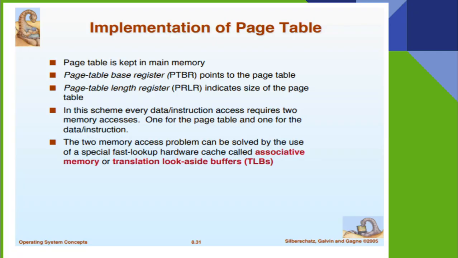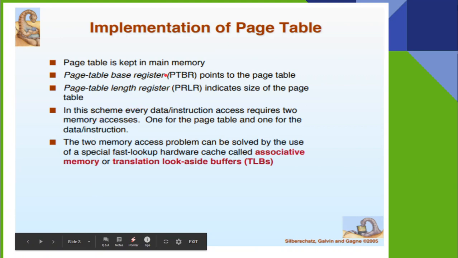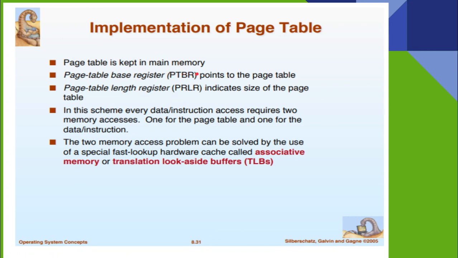Now let us see what a page table is. A page table is a data structure used to maintain this paging, and it is kept in the main memory. It has two registers, PTBR and PTLR. The page table base register gives the base address, and the length register gives the size of each page. For example, 1000 is the starting address and 200 is the page size, which means the pages will be stored at 1000, 1200, 1400, 1600 and so on. That means the length is of fixed size, which is 200, and the base address starts from 1000. So there is one entry for each page in the table.